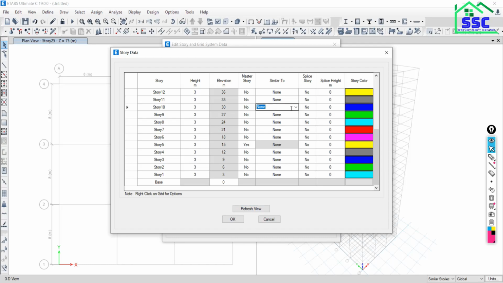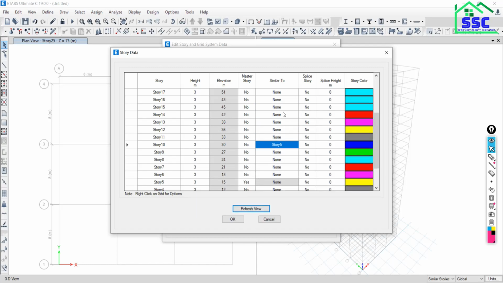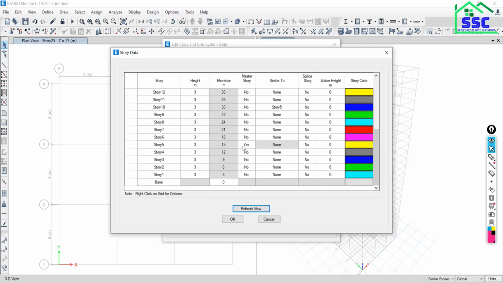And your 10th story is similar to what? Fifth story. Your 15th story is similar to the fifth story, and your 20th story is similar to the fifth story. Is that clear? So one story will be master, and the other stories you have to make similar to the master story. Is that okay?